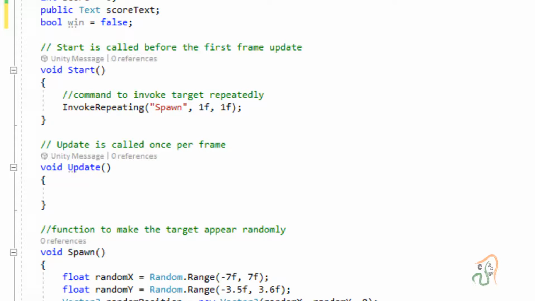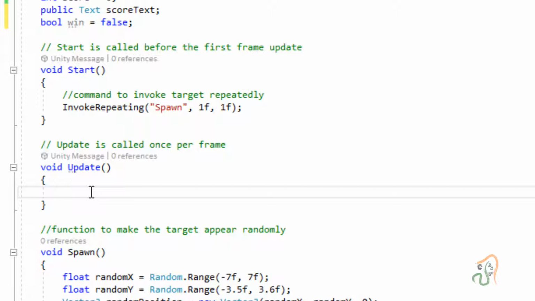Now as soon as you win, this invoking of the method Spawn has to be cancelled, or it has to end. For this, come to void Update. In Update, every frame the game is going to check for the condition.